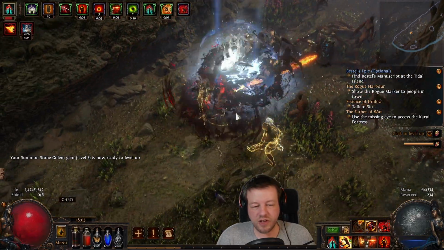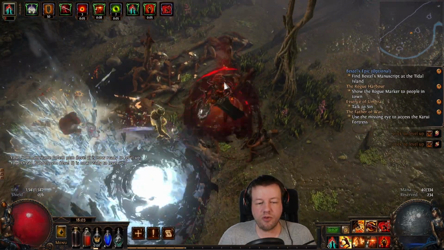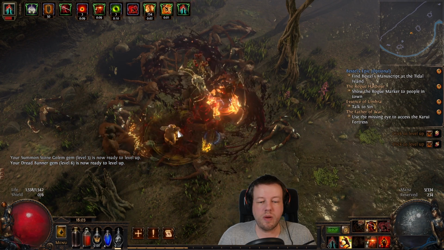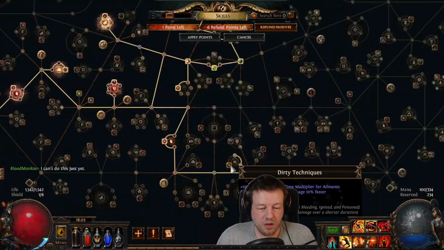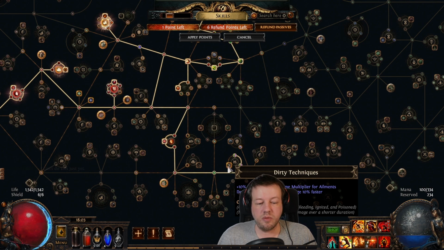Now, our damage feels like it's dropped off, so I'm glad we have a weapons upgrade. And that's really the key. If your build starts to feel a bit crappy, it's time for an upgrade of your weapon. Okay, we are going for Dirty Techniques for 10% more damage over time multiplier for ailments, and